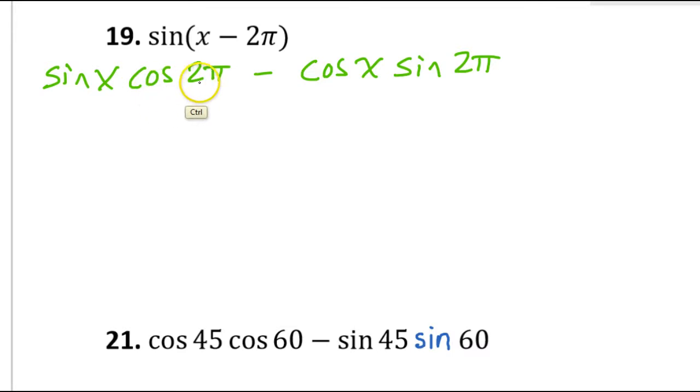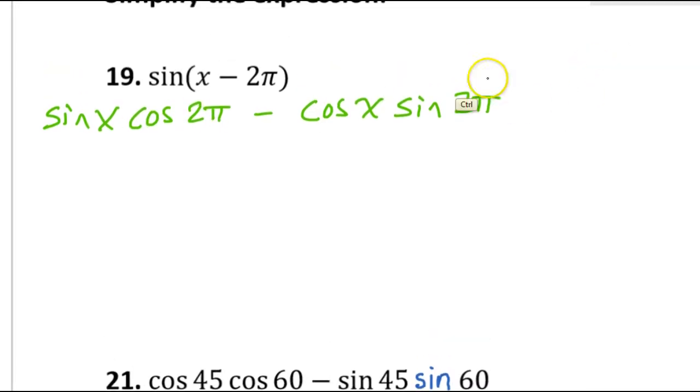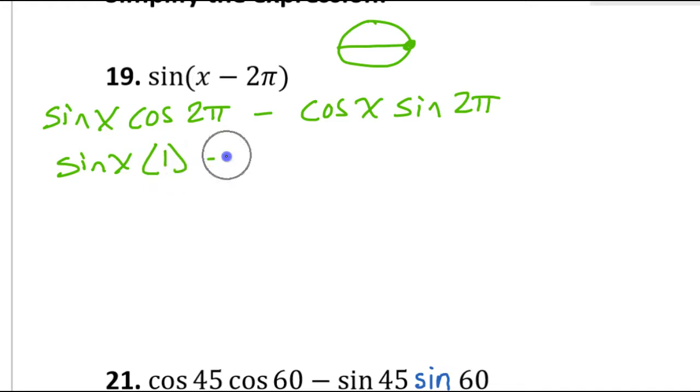Now, cosine of 2 pi, we can easily evaluate that. I mean, 2 pi is right here, and the cosine is the x value. So the x value at this position is going to be 1. This is a unit circle. So this is going to be just sine x times 1 minus cosine x times, now the sine at this